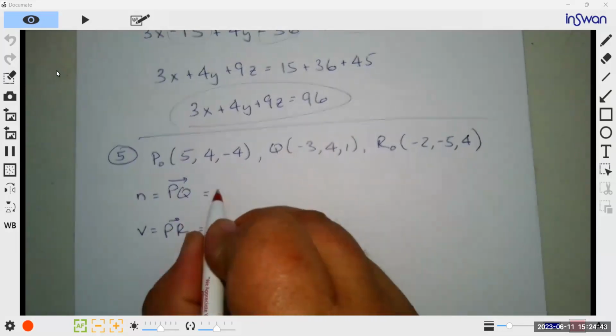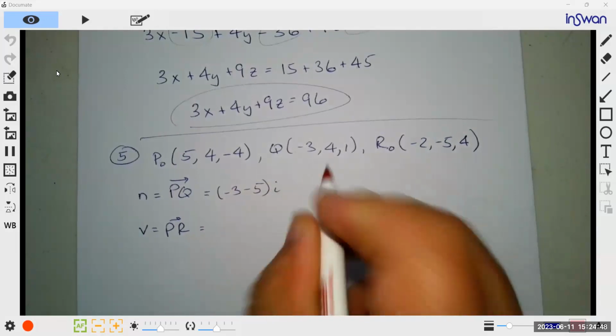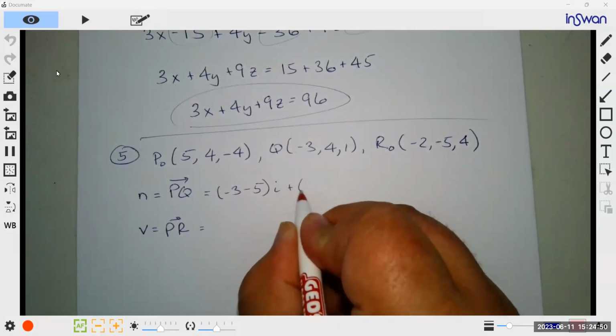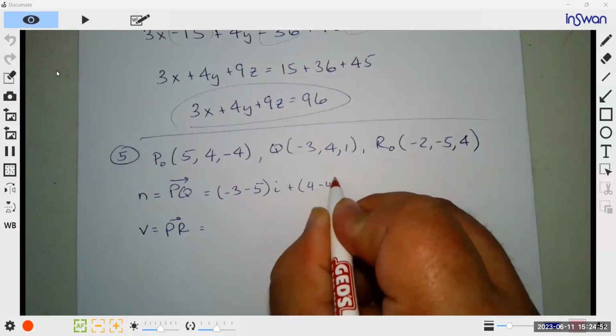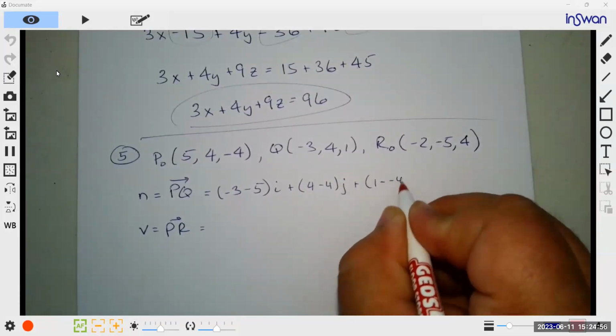So that's -3 minus 5i, 4 minus 4j, 1 minus -4k